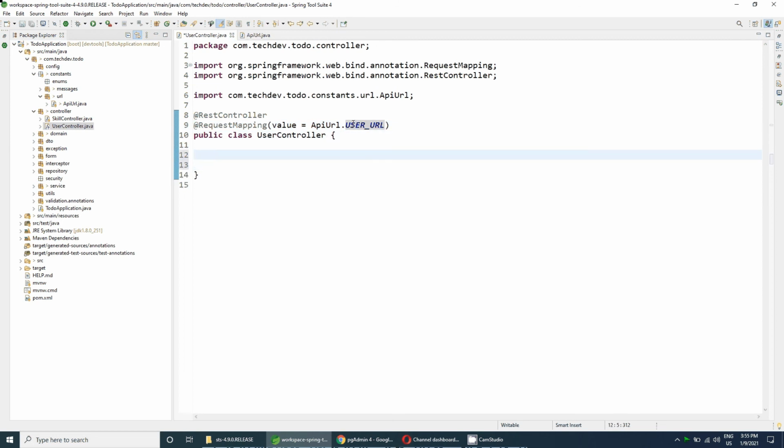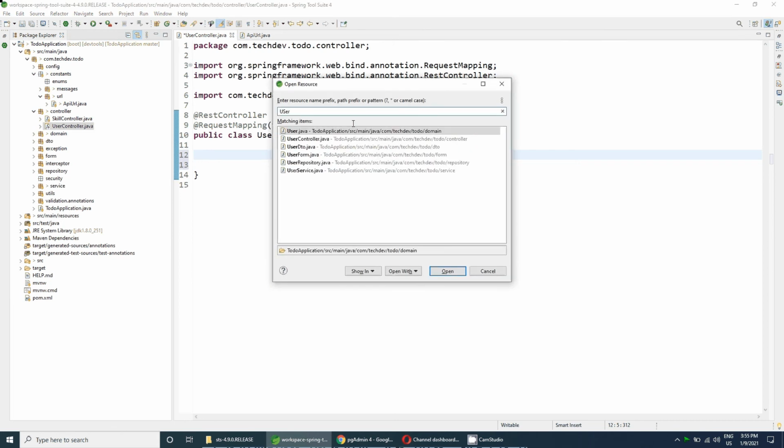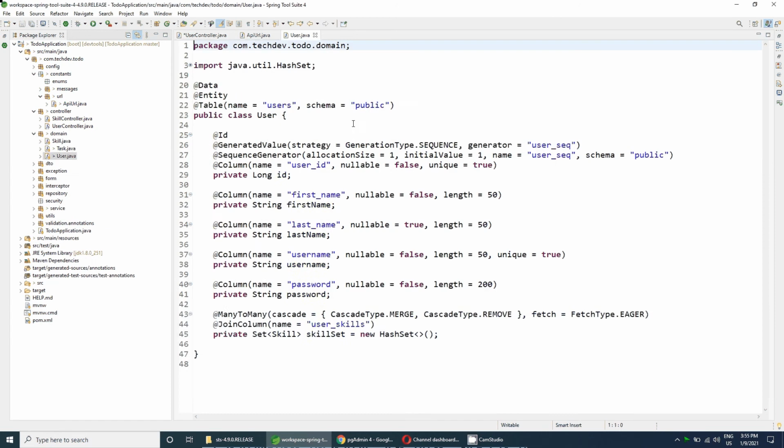So let's create our controller method. First of all, we will create an API for creating the user. For that, let's check what the user domain or entity contains: ID, first name, last name, username, password, and their skill sets.